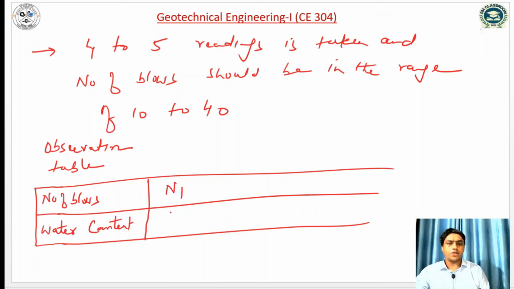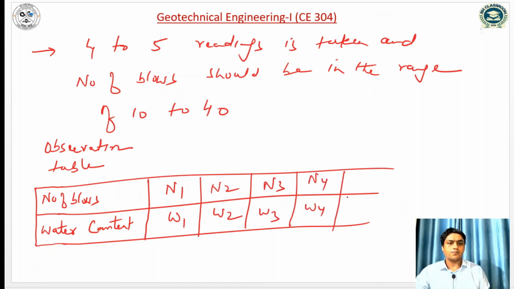The number of blows N1, let us assume W1, N2, W2, N3, W3, N4, W4, N5, W5. Once you have taken the observations,